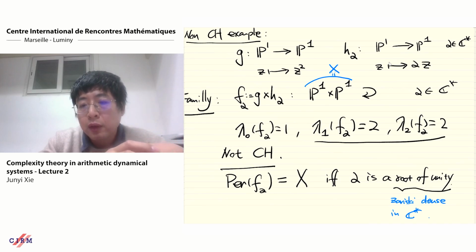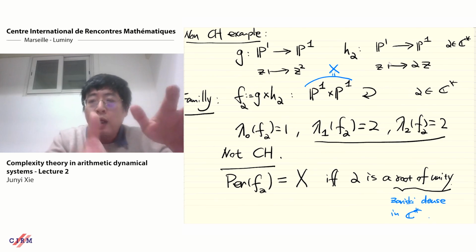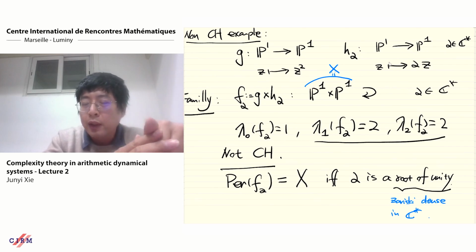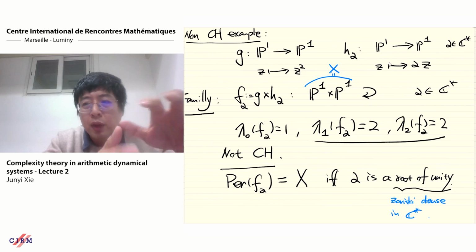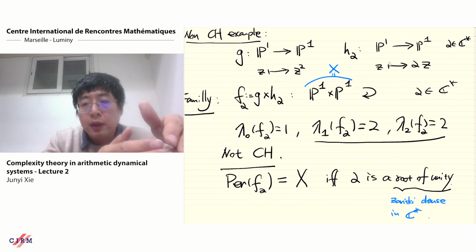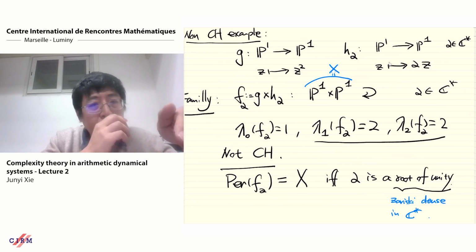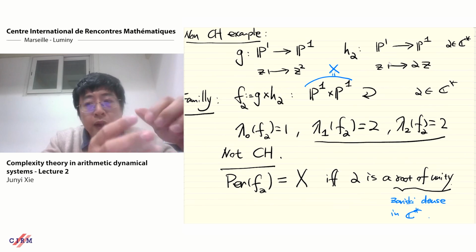Okay. And the periodic points, they're not Zariski dense? Oh, in some of the examples they're not Zariski dense. Yes, some are Zariski dense and some are not Zariski dense. I think the hard part is to construct some map which has Zariski dense periodic points, and I think the idea is